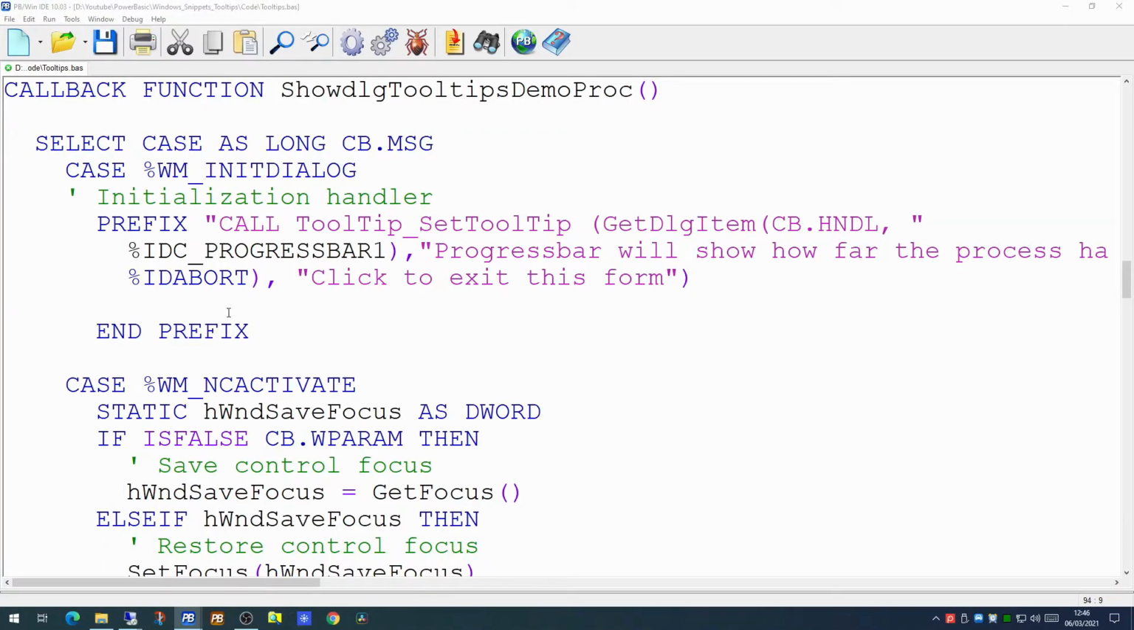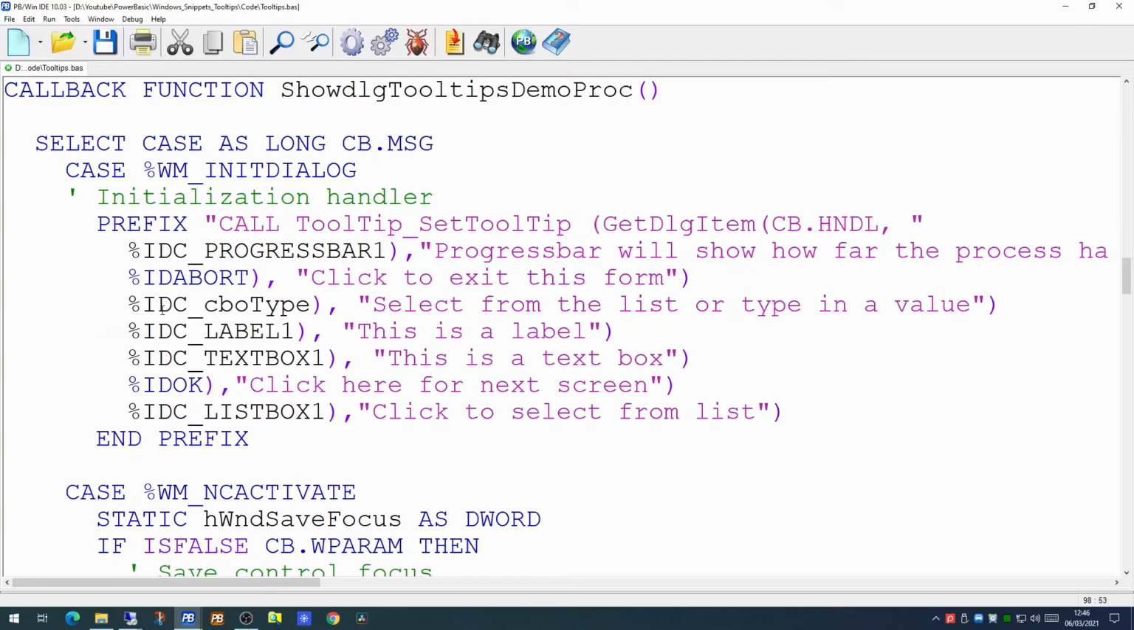So if we add each of the other ones onto the list now, we'll see we can put a tooltip on the combo box, the text box, the OK button, which is labelled next, and the list box. I've also attempted to put a tooltip on the label control. Now, if we run the code now,